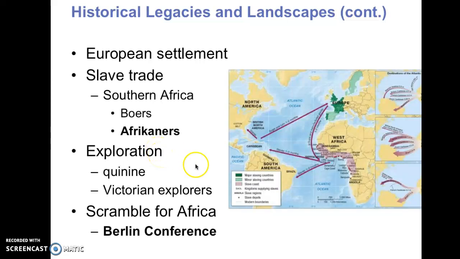This kind of started to open up Africa, and then by the 1850s is when you began the exploration of this central African region in here. You had the Victorian explorers, Livingstone and Stanley coming up looking for the headwaters of the Nile. You had people going up the Congo, the Belgians claiming the Congo,